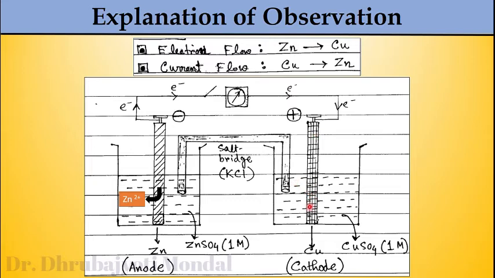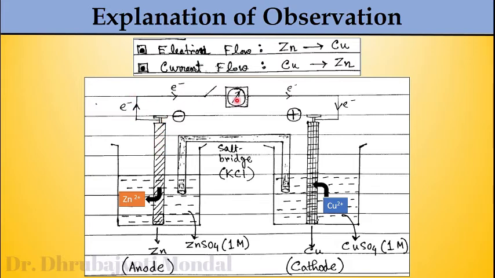Now if you consider here, this is the cathode. And as I told you, in cathode, reduction takes place. That means copper 2 plus will go to that electrode. And if it goes into the electrode, then what happens? It becomes positively charged, due to this plus 2 charge. So this copper 2 plus goes into the electrode, so it becomes positively charged. This is the positively charged electrode, this is a negatively charged electrode. Now if it is negatively charged, here you can see the amount of electrons increases.